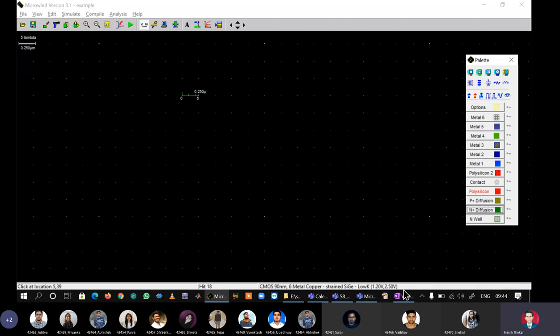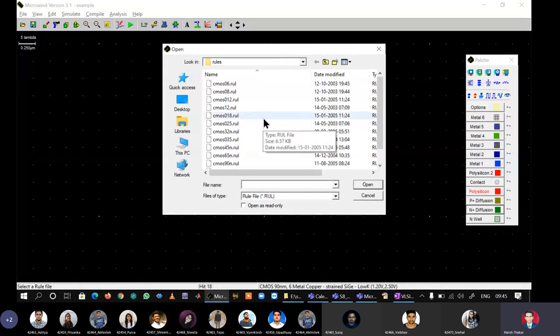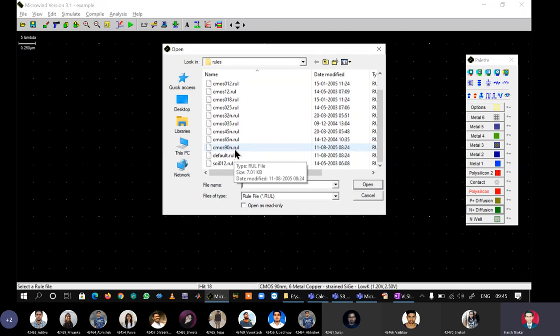Now I will tell you how to change the foundry. So for example, if I do not want to use the target technology 2 lambda equal to 100 nanometer, this is how I change it. I go to the file menu and select foundry. As soon as I click select foundry, the tool asks which file you want to choose. Please note carefully that there is a collection of different files and all the files have the extension .rul. There is a CMOS 06 rule file, CMOS 08 rule file, CMOS 012 rule file. Currently I am working on this file CMOS 90. So I will select this and say open, and the scale should not change.